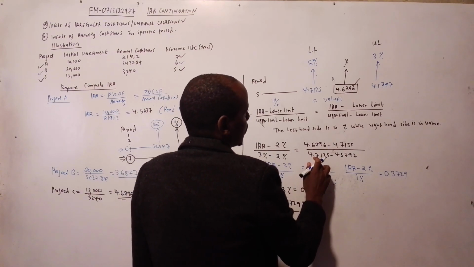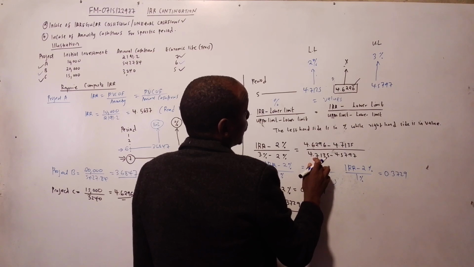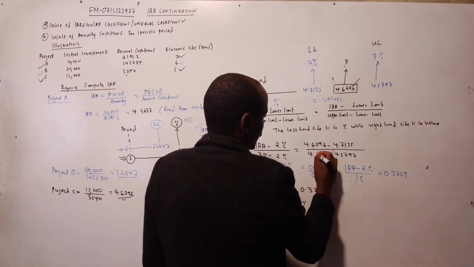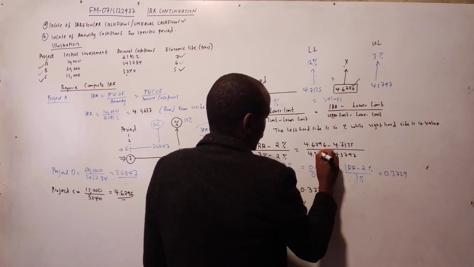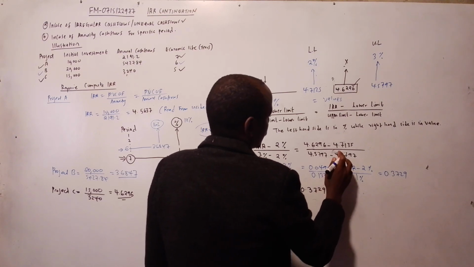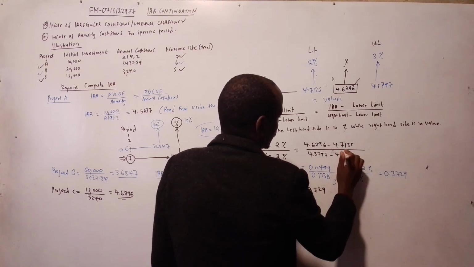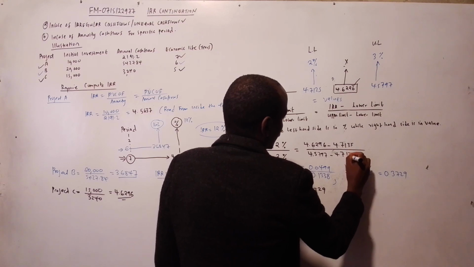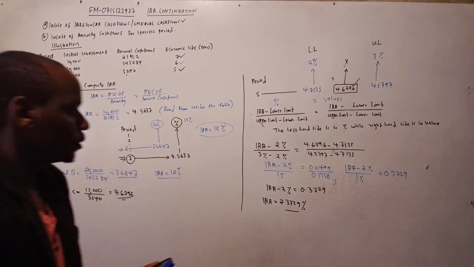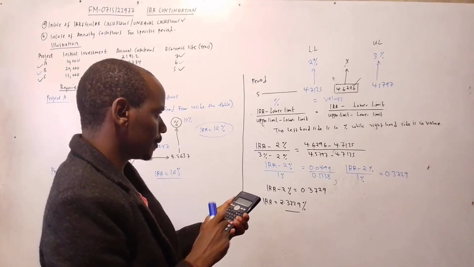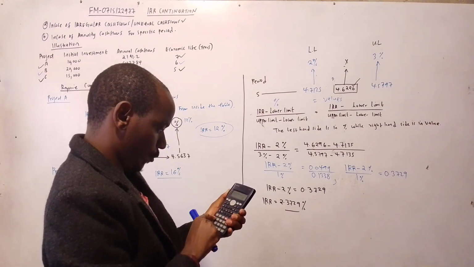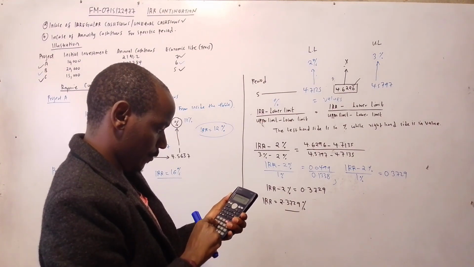Upper limit ni 4.5797 minus lower limit, which is 4.7135. So hapo tumefanya makosa kidogo, so let us correct. Tutasema ni 4.6296 minus 4.7135. So this one is minus